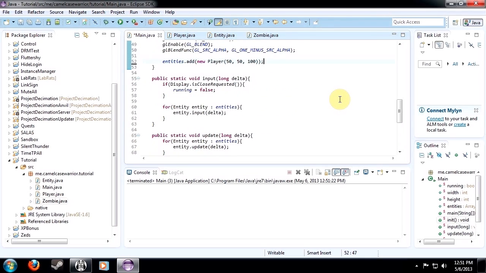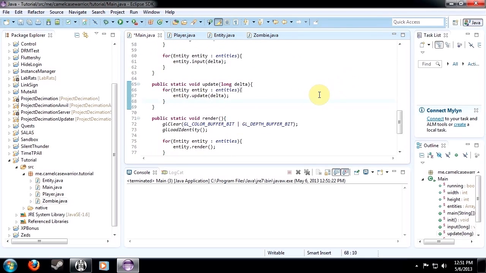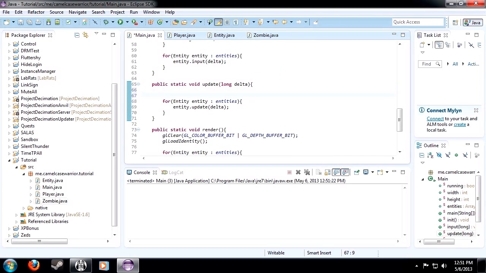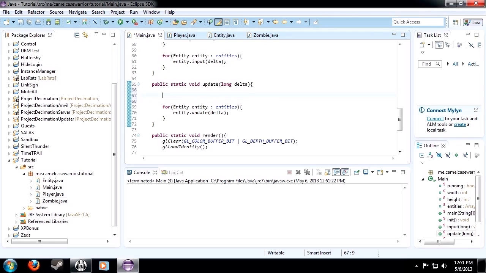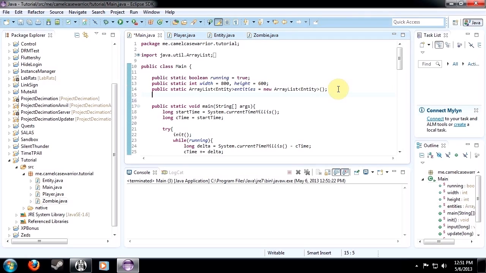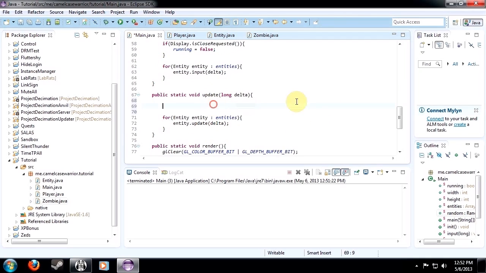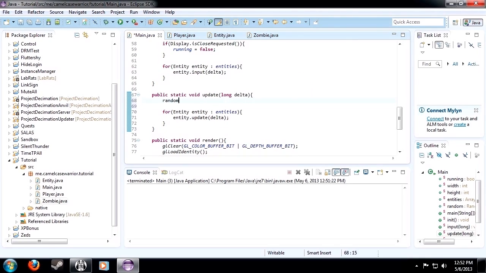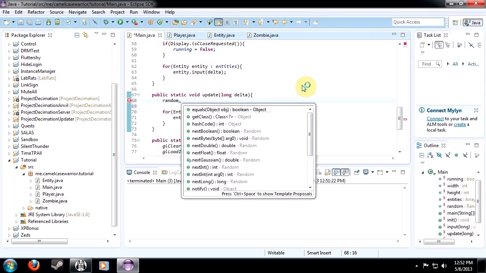And actually, within the game's own update code, we can spawn zombies if we want. So, why don't we use a random generator for this? So at the top of the main class, under the list of entities, why don't you add public static random equals new random, and then you'll have to import random. And now we can go down here and within the update method, and we can type random, let's see here,